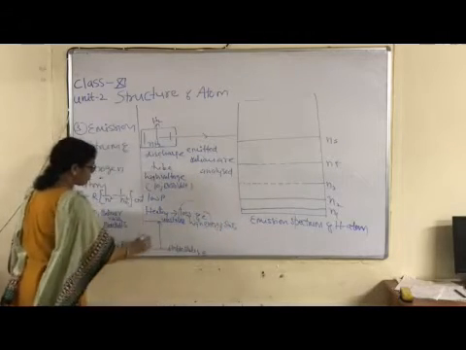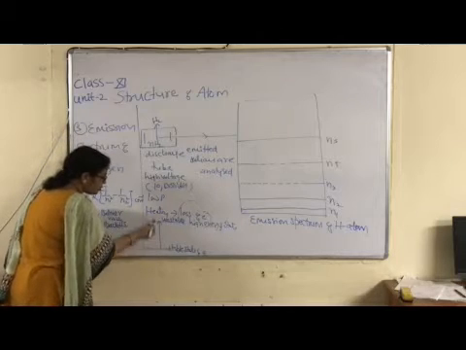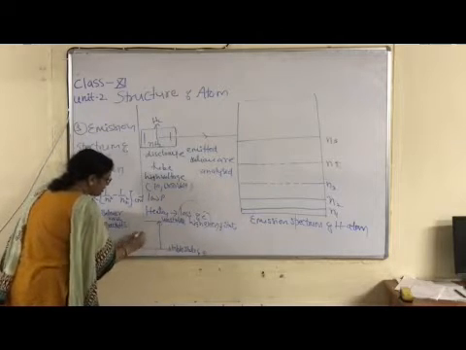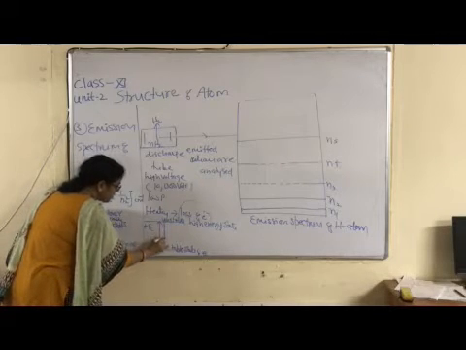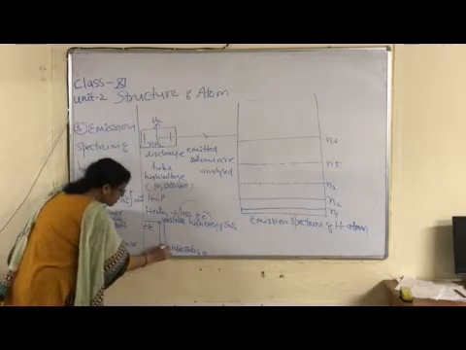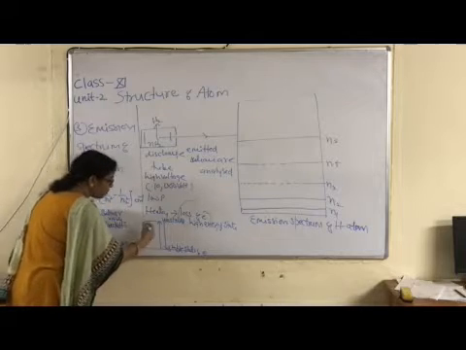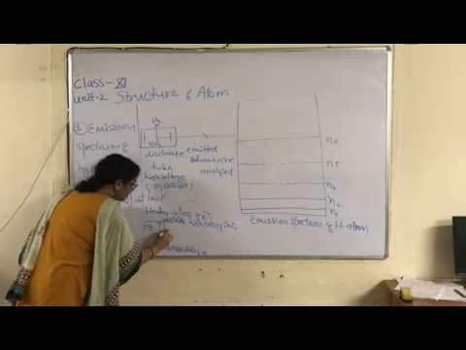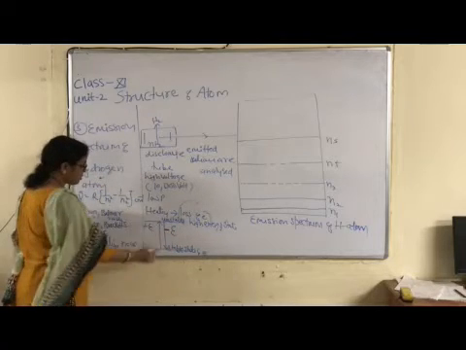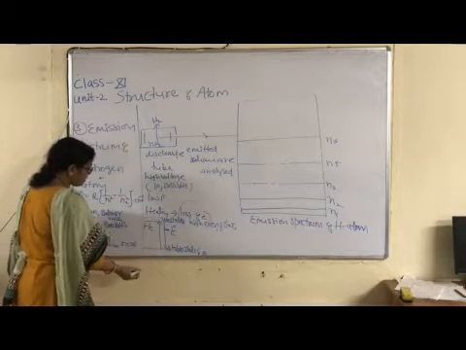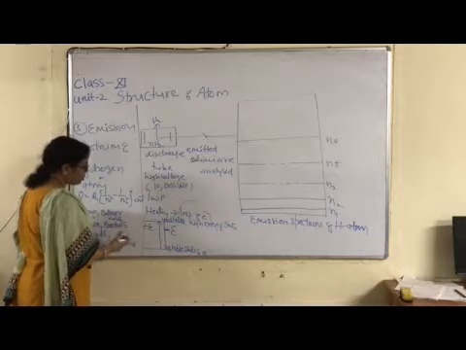In the high energy state, this forward direction is showing absorption of energy, which is given as plus E, and this downward directed arrow is showing emission of light, and the energy of emitted radiations is given as minus E. Minus means loss of energy and plus means gain of energy, absorption of energy.